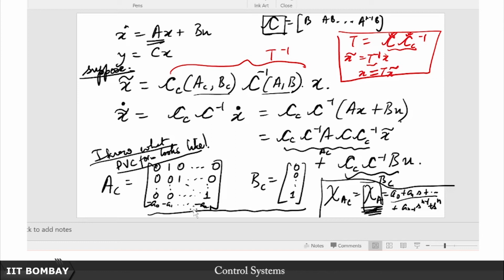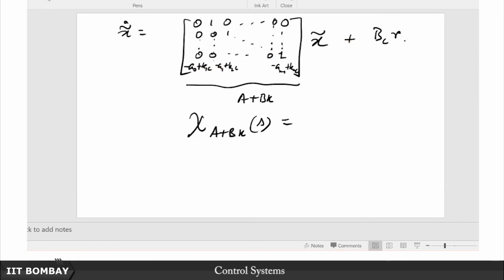You can take that as an exercise also. You just take the determinant of sI minus (A plus BK), and you will find that in the last row you will find the characteristic polynomial's coefficients. Take that as an exercise to convince yourself. Now this one I am going to say that it looks nothing but